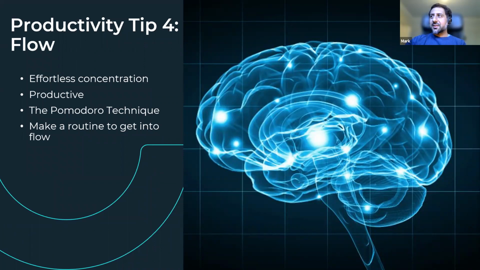And so can we just get into a flow routine? Probably can, yes. There's a concept called the Pomodoro technique. It's called Pomodoro because it's a concept where you set a timer for 20 minutes or so. And they say that that timer should be one of those cooking timers that's shaped like a tomato, hence Pomodoro.